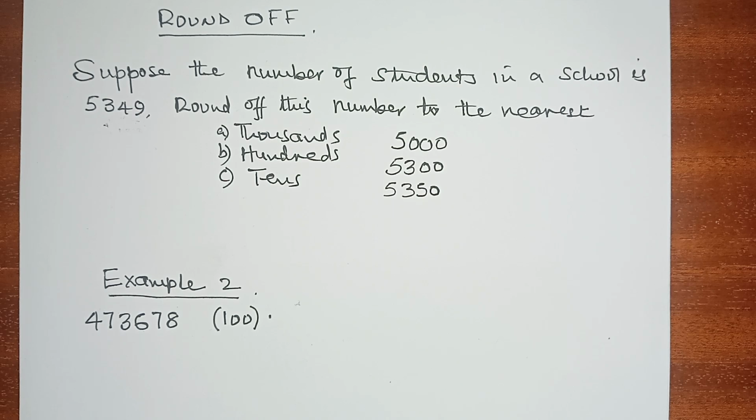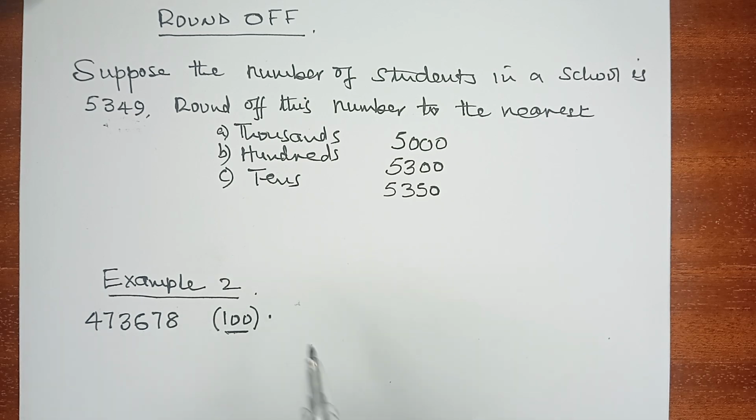Further, if we want to look at example 2, we can have 473,678, round off to the nearest 100. Because this is to the nearest 100, we are going to consider the digit that is in the tens position, which is 7, and 7 is greater than 5, so it is going to affect the 6 and make it 7,